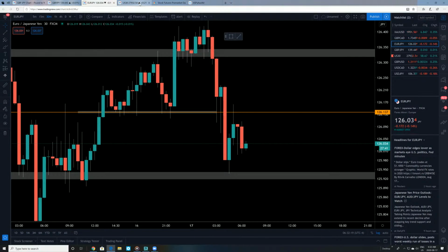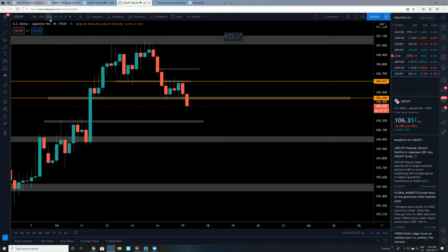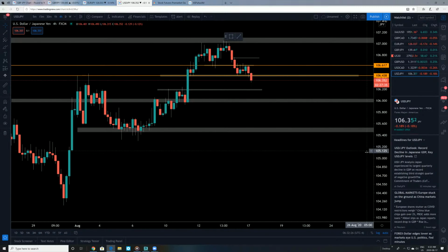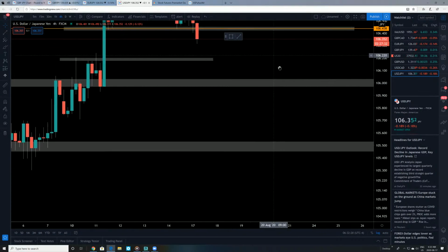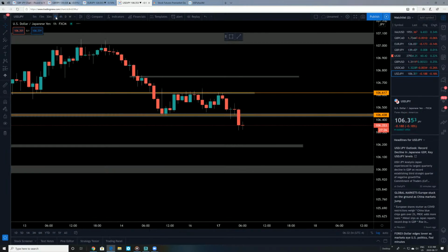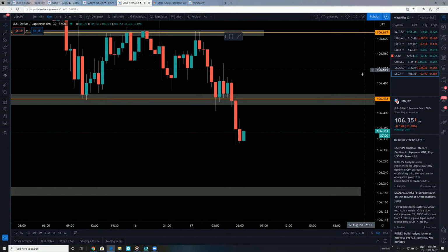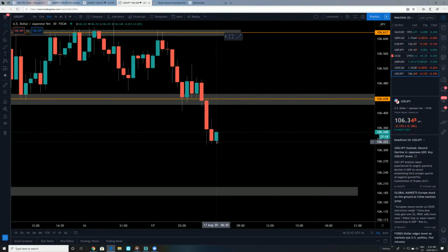Okay. Let's take a look here on USDJPY. USDJPY 4 hour is coming down. We're breaking below the support. We're breaking below to come down towards 106,190. Looking at the 1 hour, it is still open, hasn't closed yet. Looking at the 30 minute, now probably if it doesn't break this low over here, then there's a very high